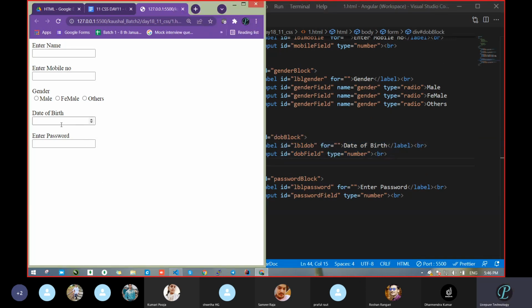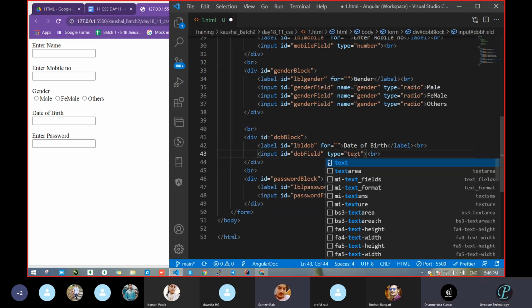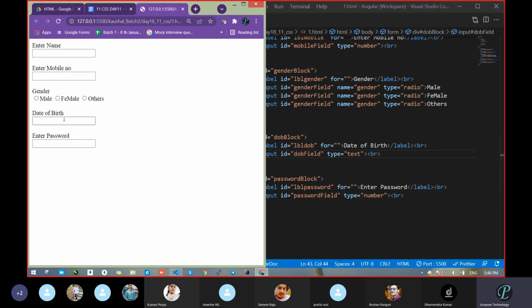Next. What about date of birth? We had taken date of birth as type number. Fine. So how do you think the date of birth is going to be entered? Like text? No, sir. Okay, one second. Like this way we will enter. Correct or not? Pooja, Sweta, Shivani. Is this correct? Yes, sir, this is correct.